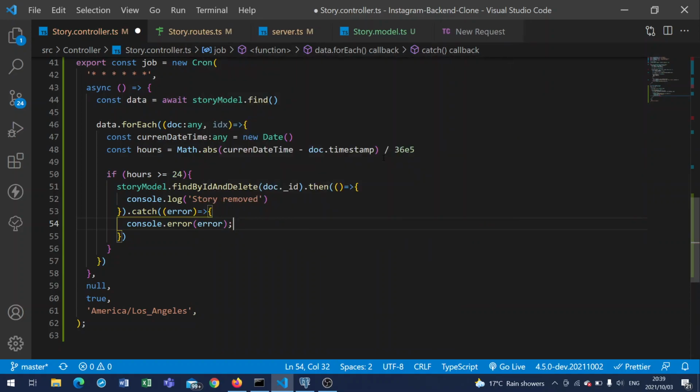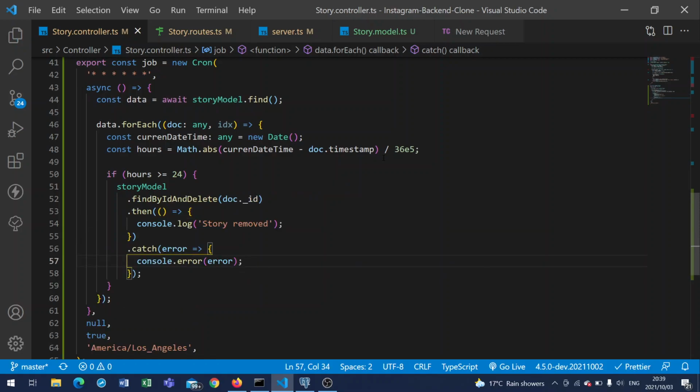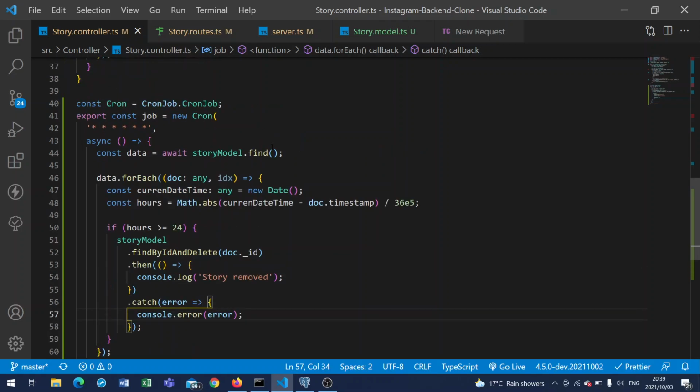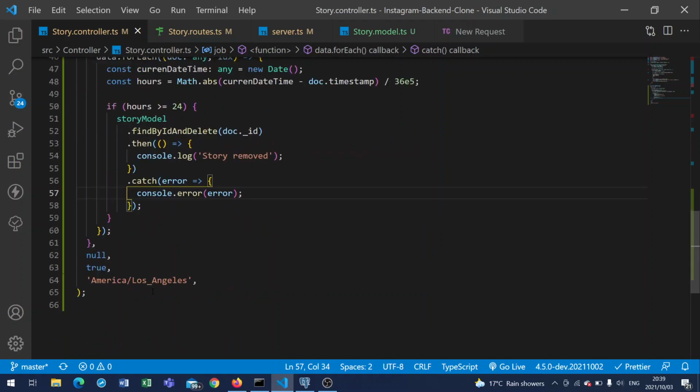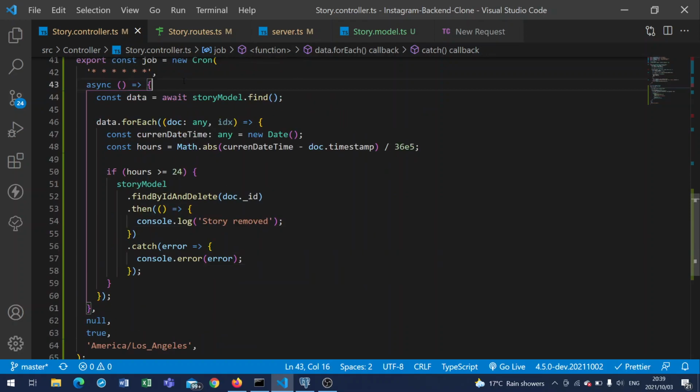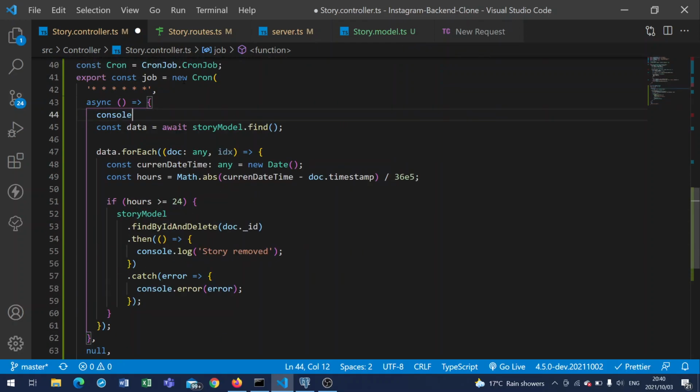Here I'm console logging, but what could have been done, since you know that Instagram is a real-time application, is we could have emitted a socket event, which would then make everything sync up properly. If you guys want me to show that, that is something we can do. So basically this cron job will run each and every second. And then let's also console log so that you guys can see,